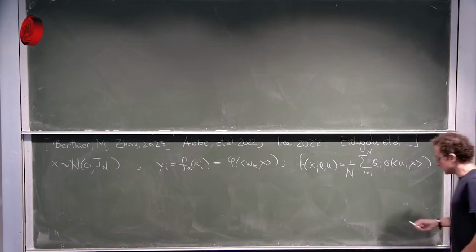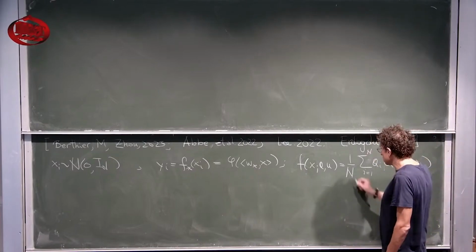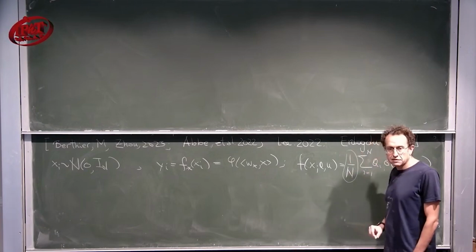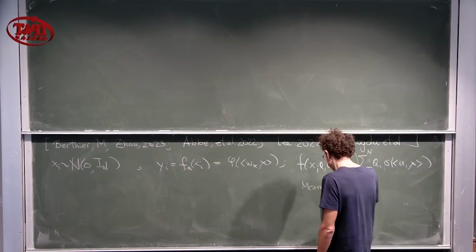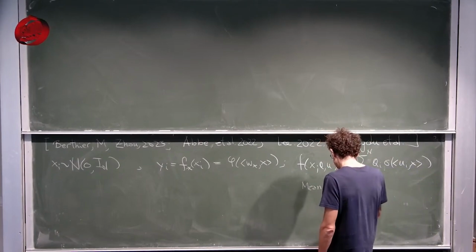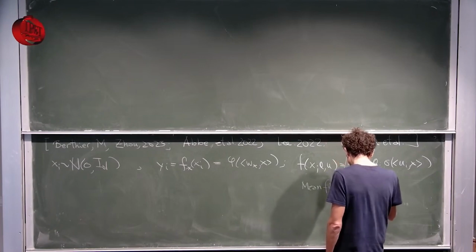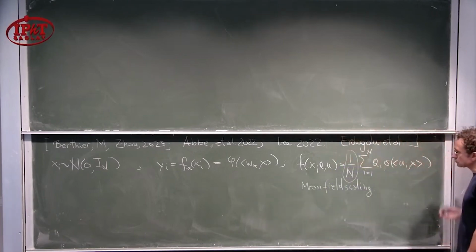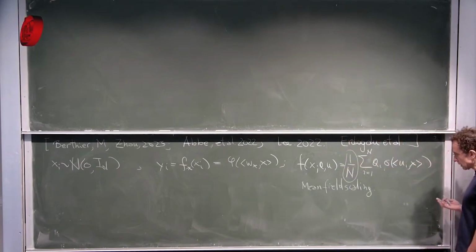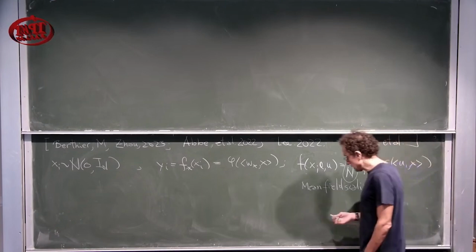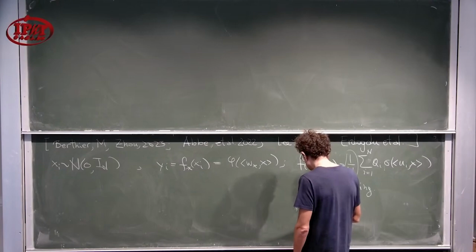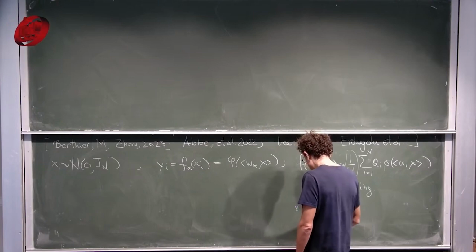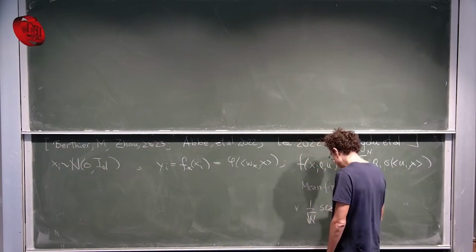Now I should emphasize that one thing that is important here is the 1/n scaling. This is what sometimes is called the mean field scaling. It's important because it's one regime, one scaling, that allows you to escape from the neural tangent regime, because something that is known is that if you replace this by 1/square root n scaling,